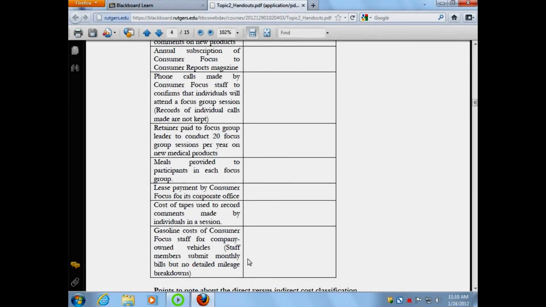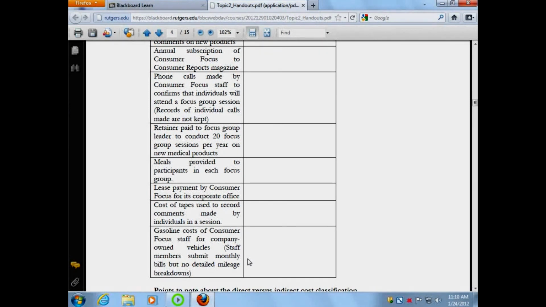Okay, a couple of things that I hope you realize from this discussion. Really, the only way to get comfortable with this classification is to look at many, many different examples. So take each of the scenarios that we looked at today in class and try to imagine more examples of what would be direct and what would be indirect costs in each setting. And if you have questions about something, you can bring it up next class and we'll talk about it.